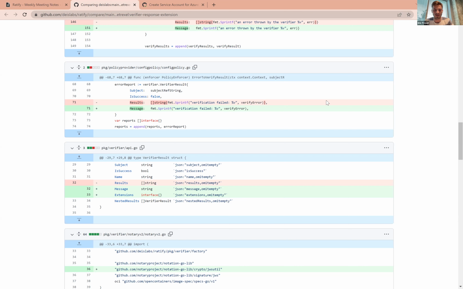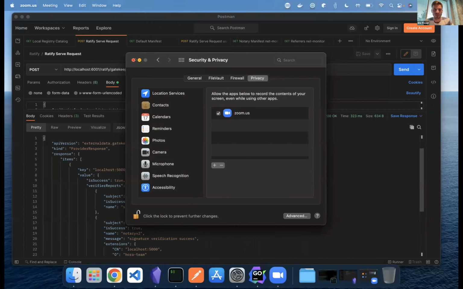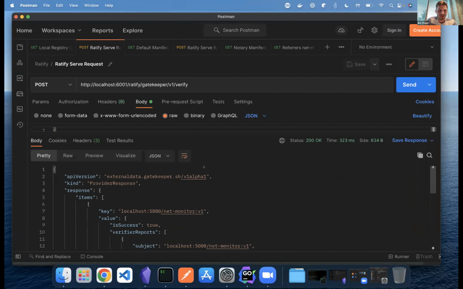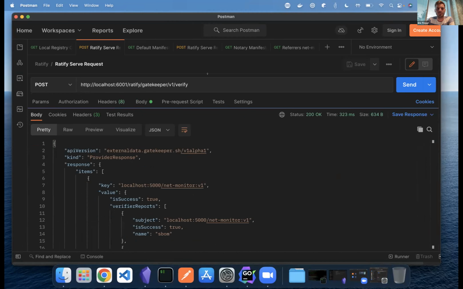But that was the idea. The pass-through would just come from... let's see. Can people see this? Yep. Okay. I don't know if there's a way for me to make this bigger. Okay, there we go. Here you can see just calling ratify verify, just like we would if